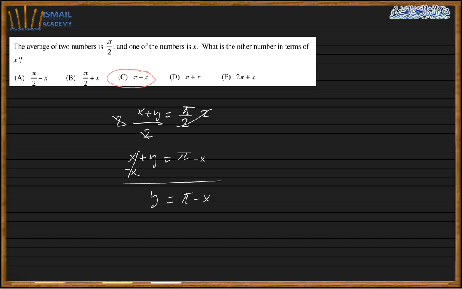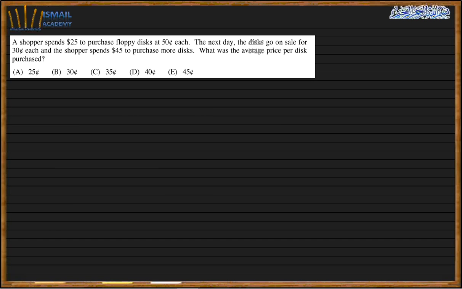Number 10. A shopper spent 25 to purchase floppy disks at 50 cents each. So to find out the quantity of disks, what we do here, we divide 25 by 50 cents. So I will have 25 divided by 0.5, so it will give me 50 disks, and